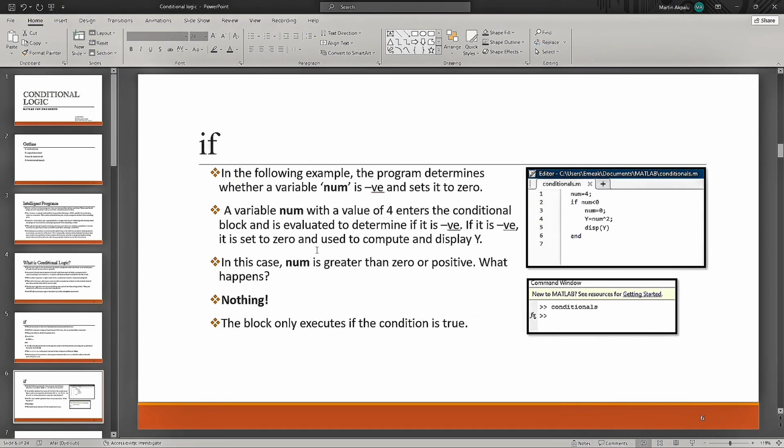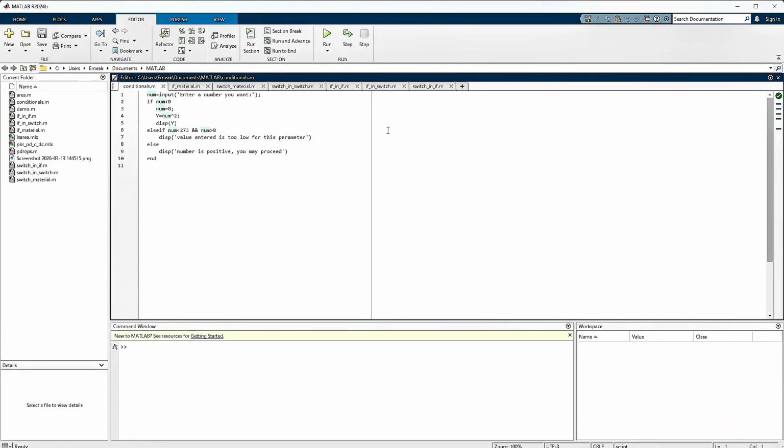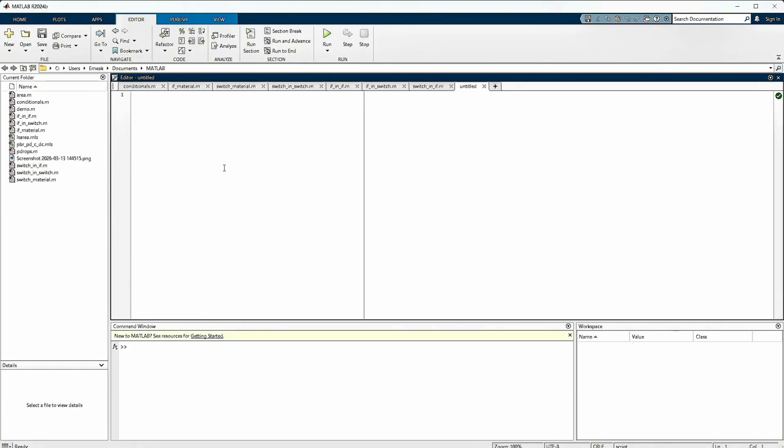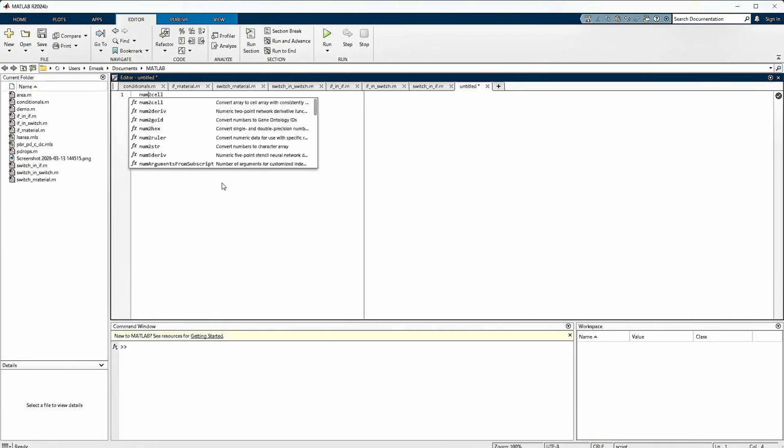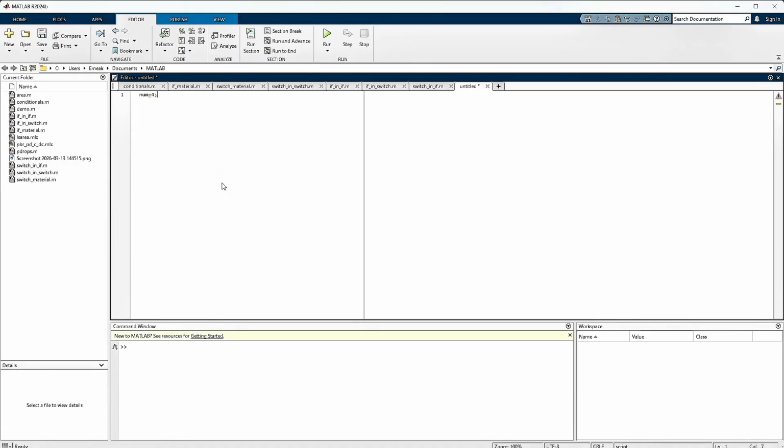So here we have an example where the program determines whether a certain variable called num is negative, and then it sets it to 0. Now, a variable num with a value of 4. So this code here, if we look at it, let's demonstrate this in MATLAB. So I'm going to create a script. Now we create a variable called num, and then we assign a value of 4. So now you start by just typing if num